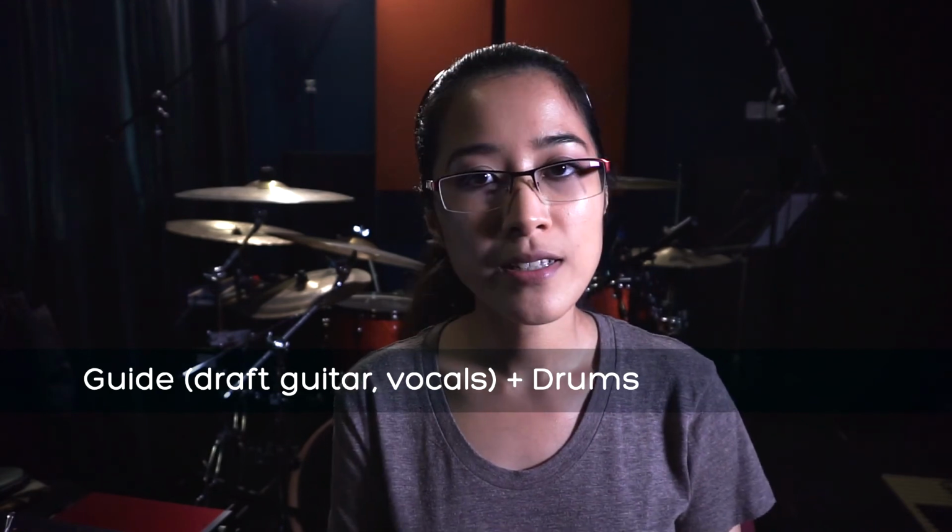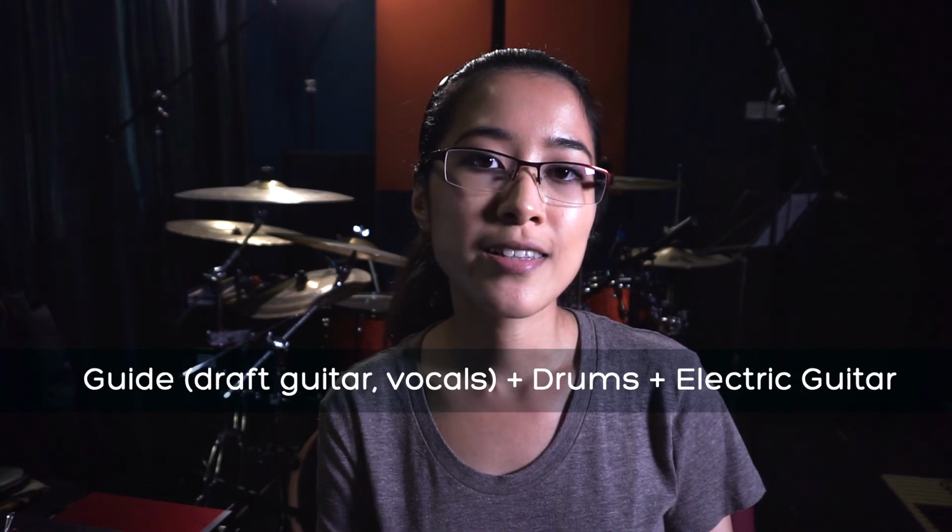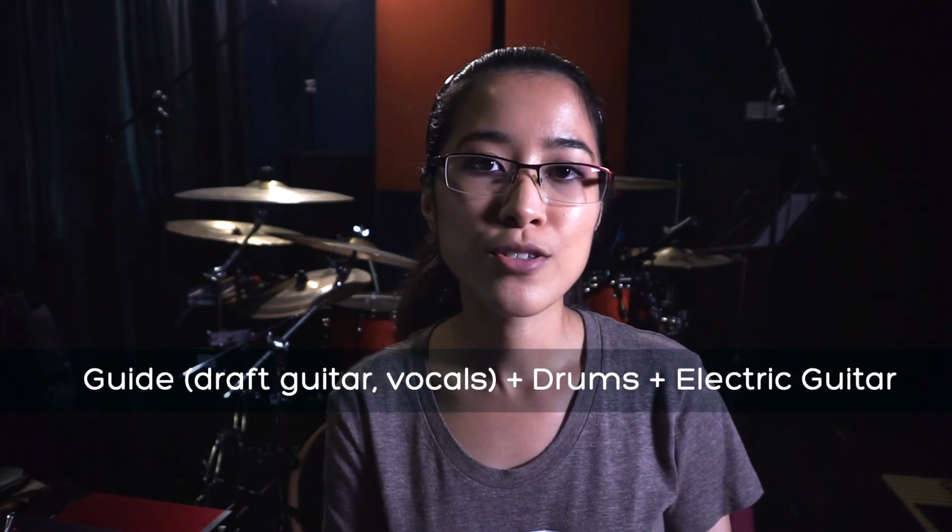I took that and I passed it to Daniel, got him to track the electric guitar parts over it, and then we combined those again and passed it to the rest of the band to record over. You may or may not need to do a kind of back and forth process in some of the parts, for example, sending it to someone, getting them to record a draft, sending it back, compiling that, and then sending it to the next person to record their part over,